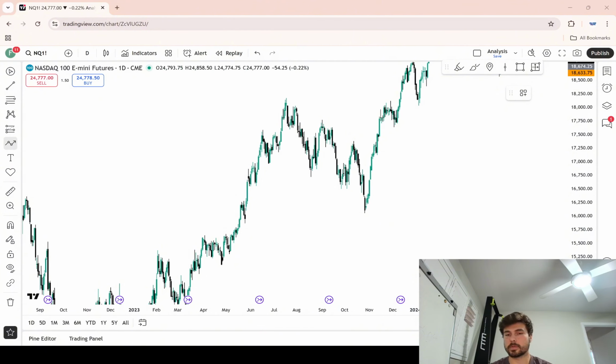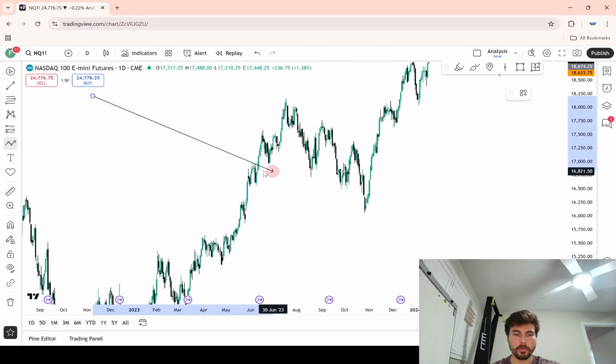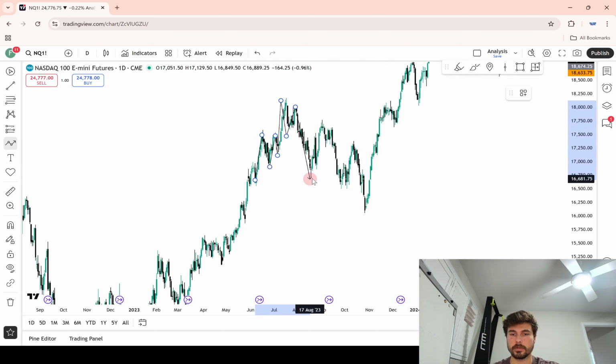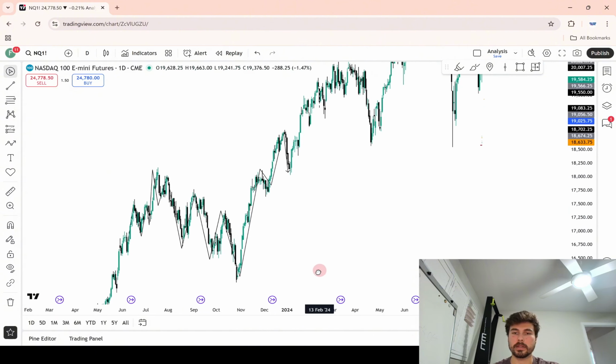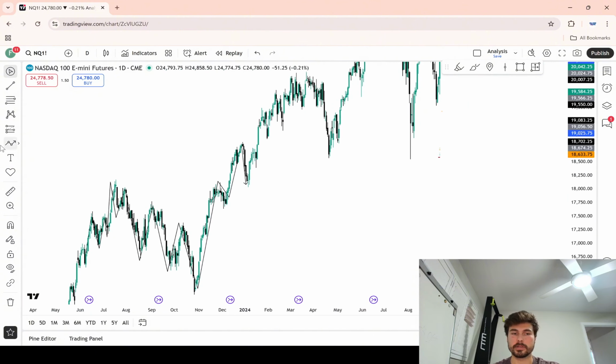Look at the swings, look at the market move up and look at the market move down. Look at these swings. Draw all these major swings like this. It's easier to see on the line chart, but do something like this. And then what you're going to see is that a lot of the time, if the market is trending up, in